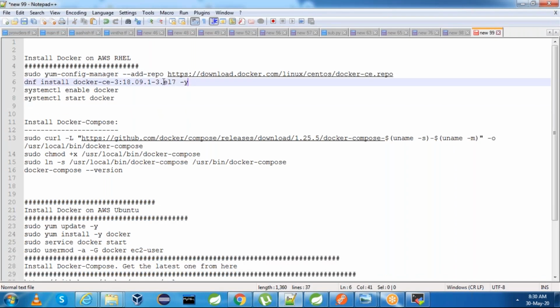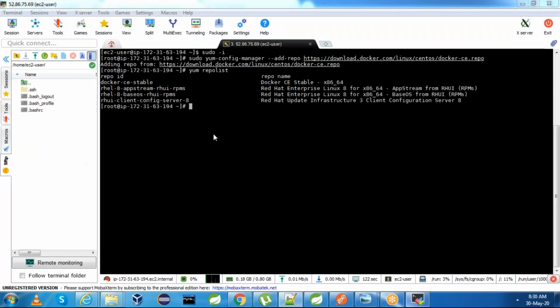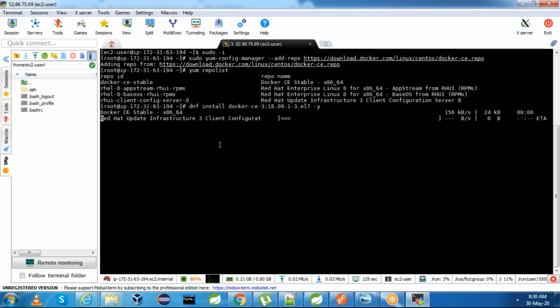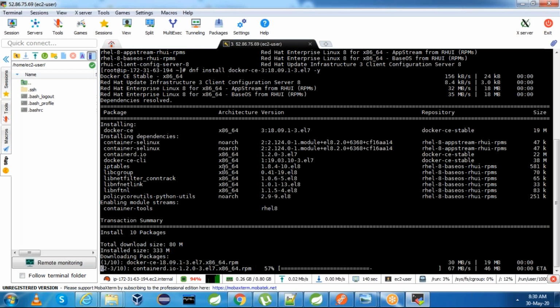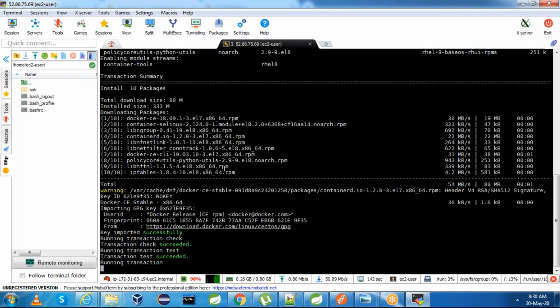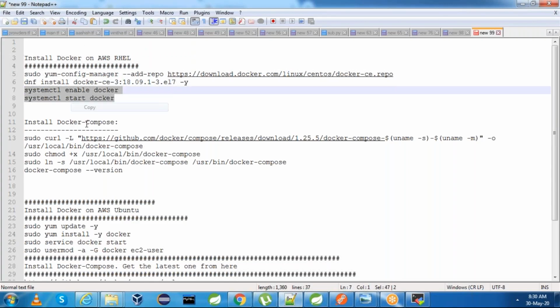And then you can use the dnf command to install Docker Community Edition. This is the command. This is installed. Once this is installed, you can enable and start Docker.